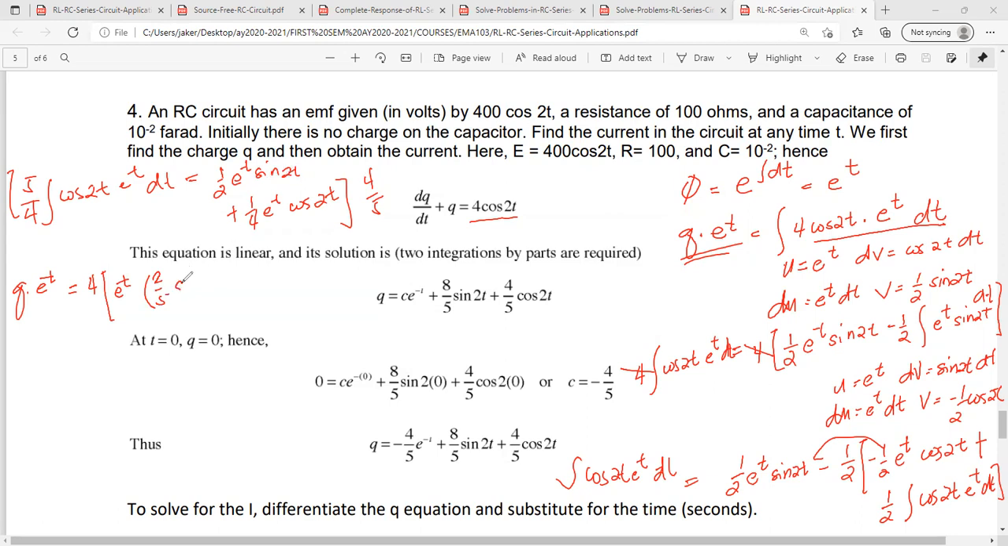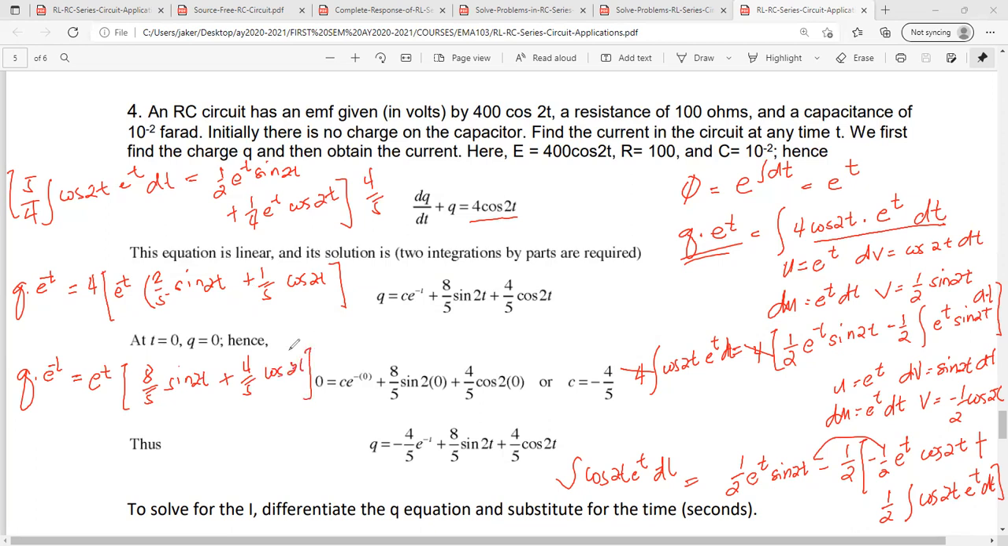And this one is 2/5, and this would be sine of 2t. For this one, that would be plus 1/5. Okay, the 4 cancels, so 4 cosine of 2t. So your answer would be the one that you are seeing here. So you have q times e raised to t is equal to, this is common. I'd like to distribute the 4 in here so you'll see the exact thing. So I will have e raised to t multiplied to 8 over 5 sine of 2t plus 4 over 5